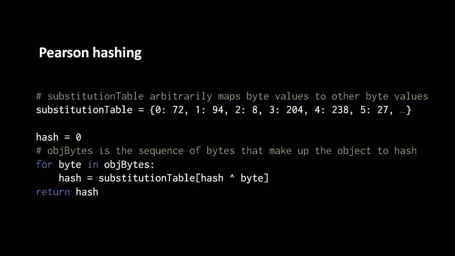In any case, Pearson hashing is one simple way to get a hash out of any object. The version we showed here is notably limited in that the hash range is only from 0 to 255. Sometimes we want a much larger hash value range. And I should also mention that hashing objects simply by reading their bytes as input is problematic in some cases